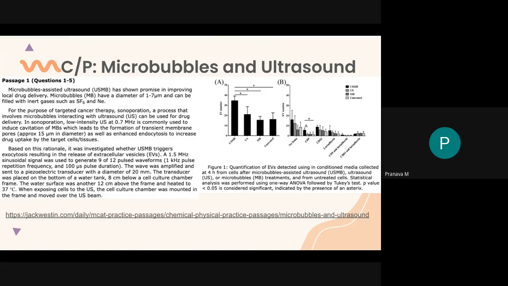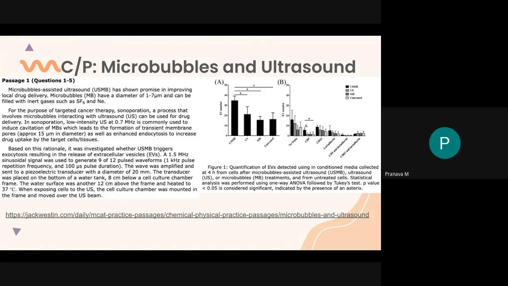The transducer was placed on the bottom of a water tank, 8 centimeters below a cell culture chamber frame. The water surface was another 12 centimeters above the frame and heated to 37 degrees. When exposing cells to the ultrasound, the cell culture chamber was mounted in the frame and moved over the US beam. The description of figure 1 is that quantification of EV, which is extracellular vesicles, detected using